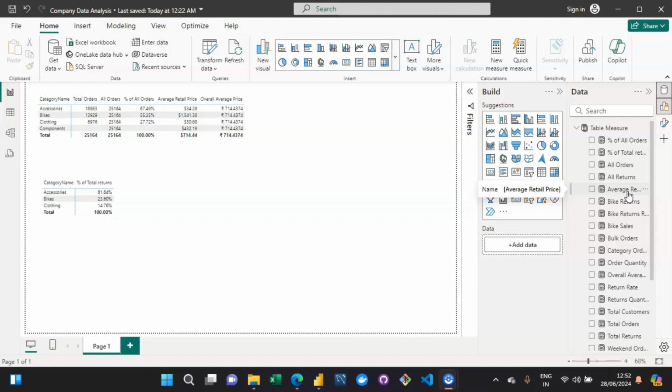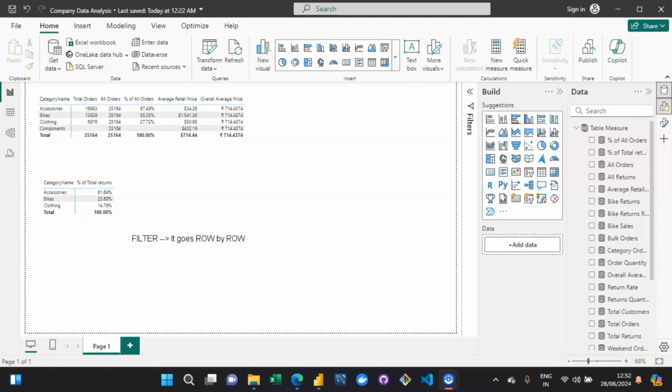If we are making use of this filter function, we already know that we already had this calculate function, right? So this calculate function was already able to evaluate what exactly should be those specific rows which we are concerned about from the overall rows that we have in the table. But now if you are coming up with the filter function, then how exactly is this filter function more effective as compared to the calculate function? The reason why the filter function is better than the calculate function is that it goes row by row,